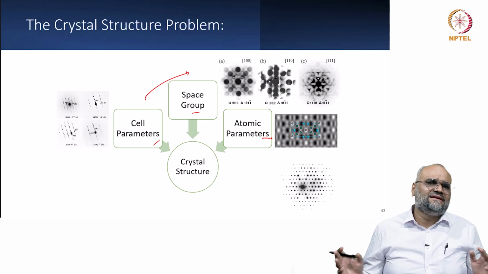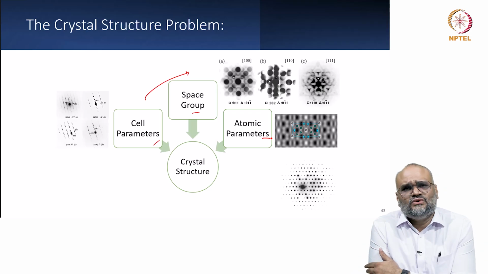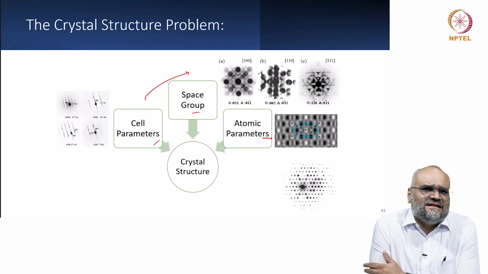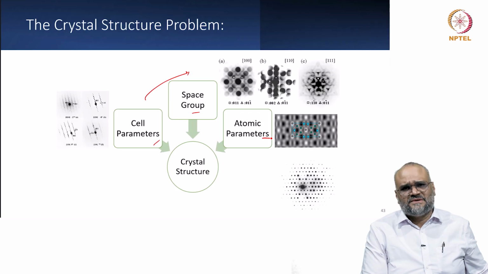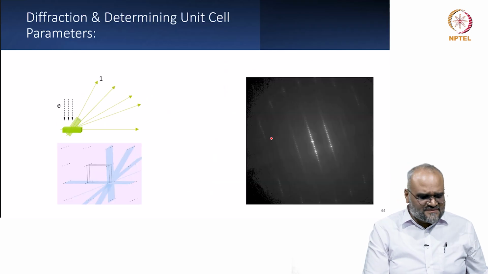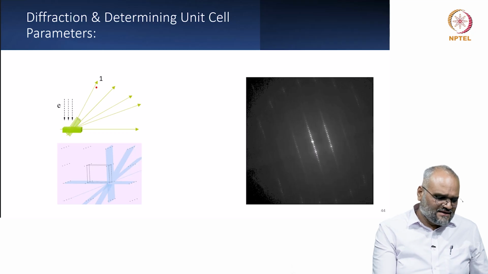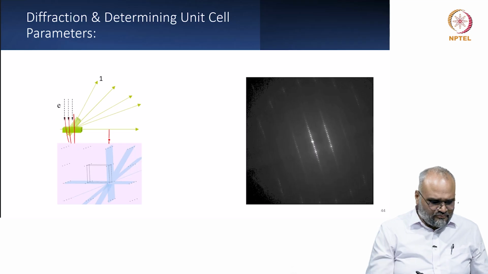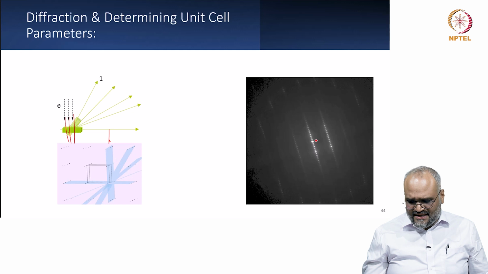So, I'll just recollect how we've demonstrated that you can use simple tilting and parallel illumination in a basic conventional TEM to get the crystal structure information from a specimen. If you have a specimen which is oriented in this kind of a condition, and let us say there is a set of planes which are satisfying this parallel illumination with the electron beam, these planes give me